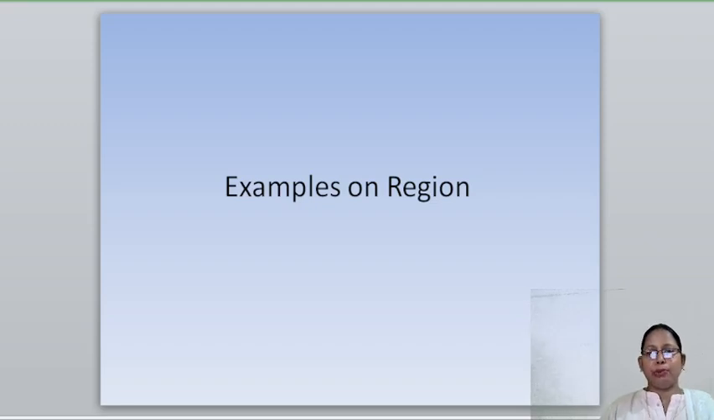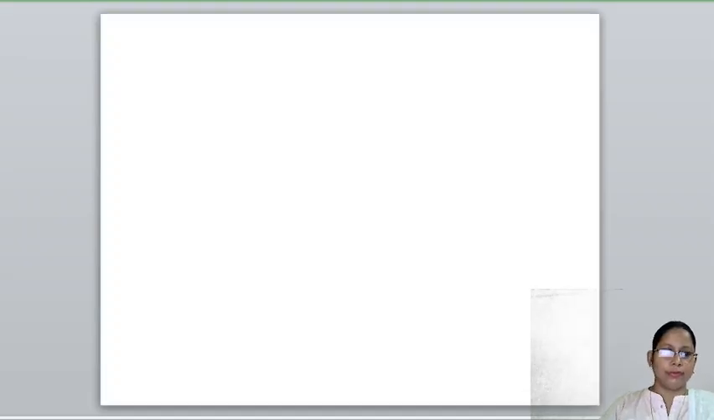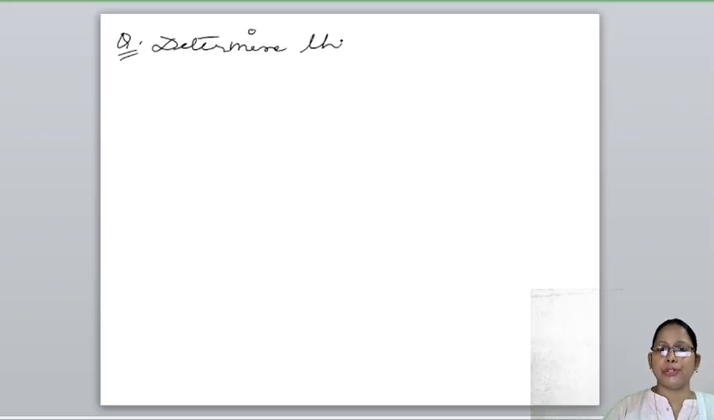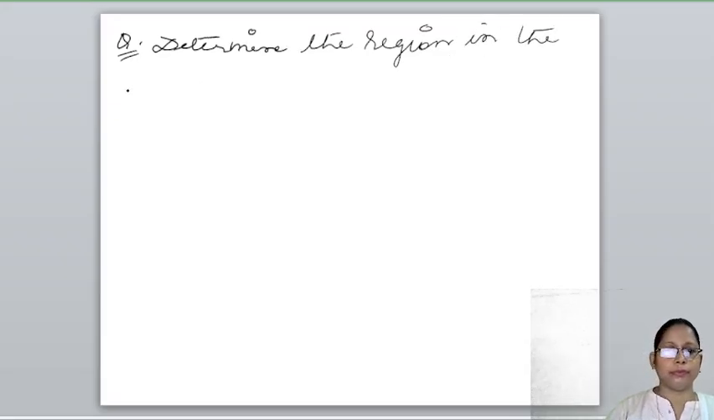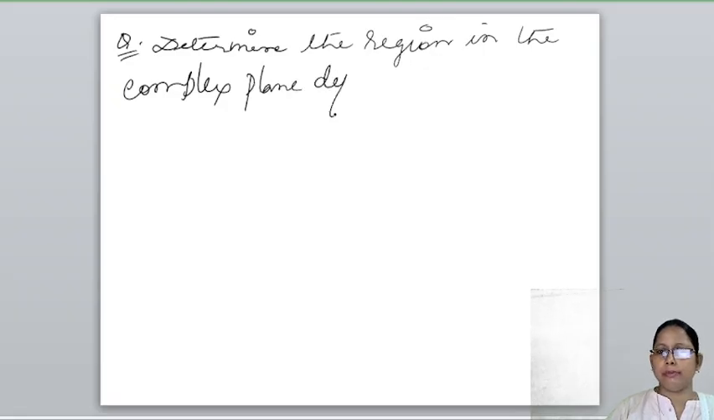In this lecture, we will discuss some more examples on regions. Determine the region in the complex plane, also known as the Argand plane, defined by